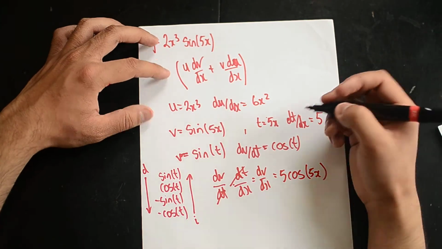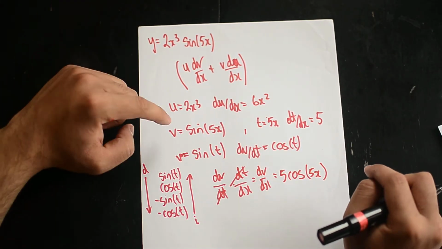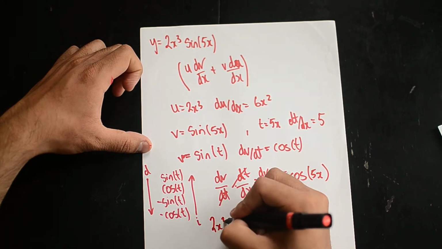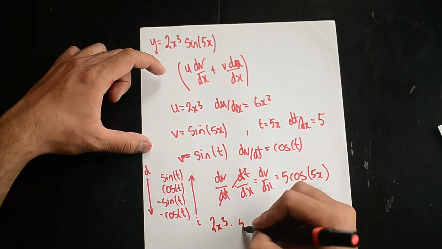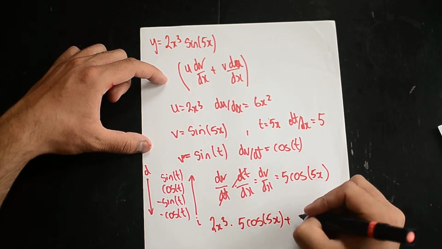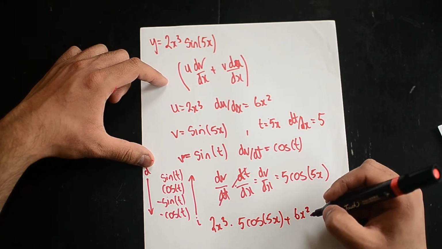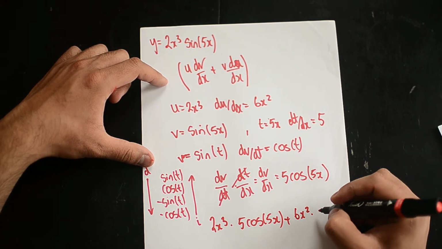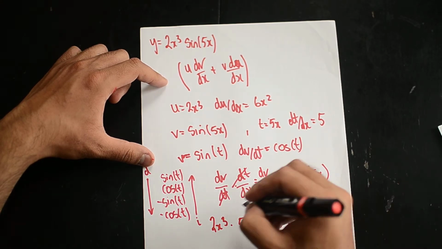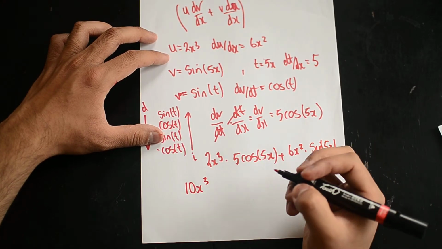Now, just plugging these all through, this multiplied by this, added to v multiplied by du/dx. So you'll get 2x cubed multiplied by 5 cos 5x added to 6x squared multiplied by sine 5x. Now I can simplify this out a little bit, which would be 10x cubed